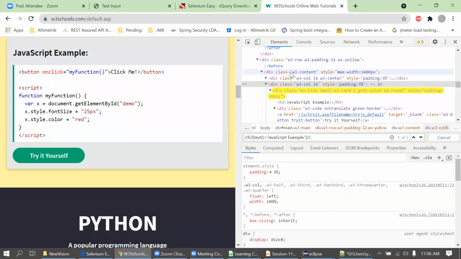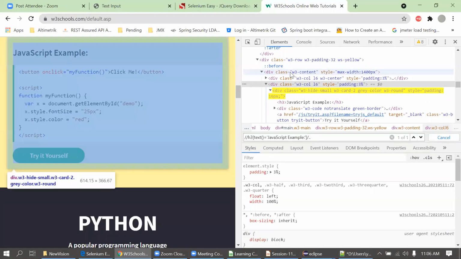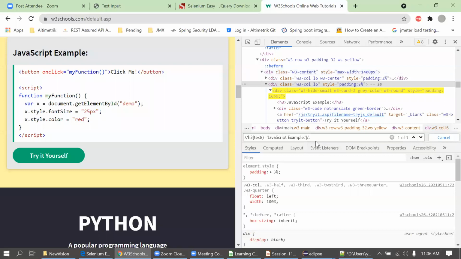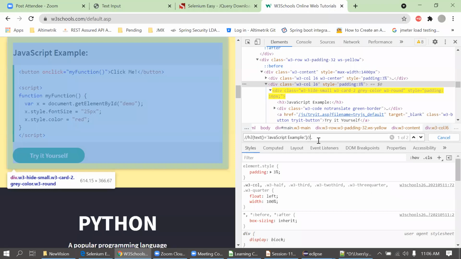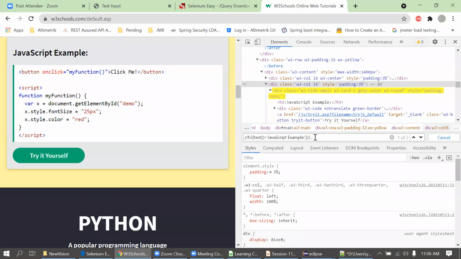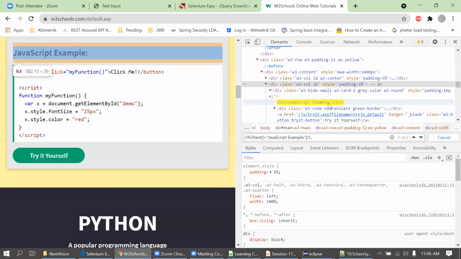Now I will show you another example. If I use a single dot dot, it will go to the immediate parent. But now I'm using the double slash, so it will look for all the parents which are present for this H3. Now you can see this is also coming.